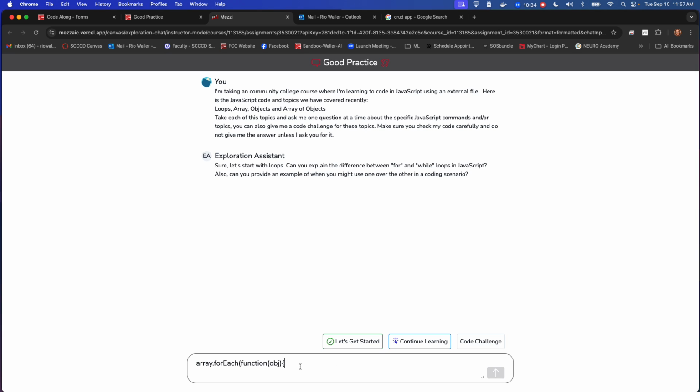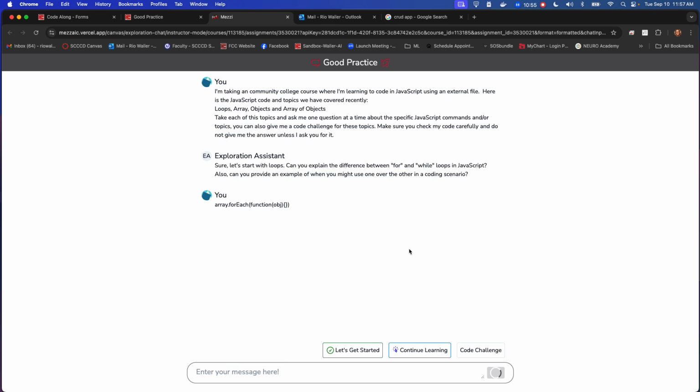So once you get all the coding that you want done, because the system is going to check it, it's going to say, let's start. You can explain. Oh, in this case, it's asking explain. I was actually coding up the example. You can provide an example of how you might use one or the other. So those are good things. But in general, often what you're doing is coding here. So then when you hit submit,